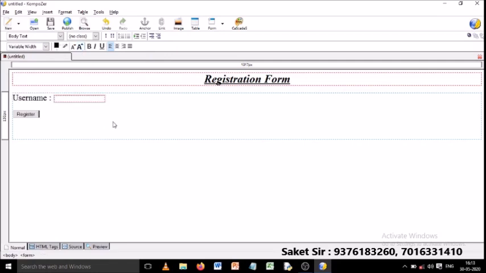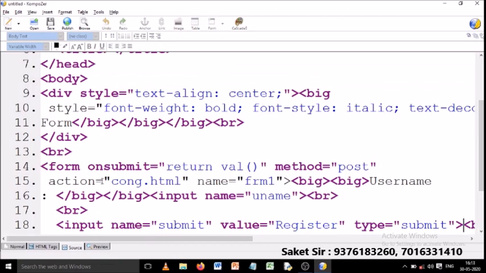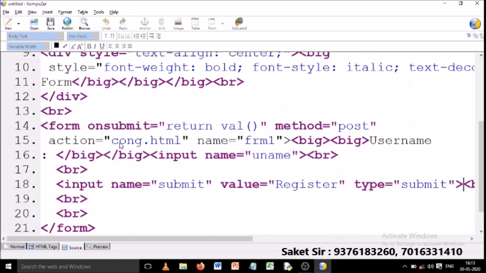OK. We have skipped some other steps of some other elements of form friends, right? Because just now we just want to validate the username box. Okay. If this box is empty, the JavaScript should raise an error. Okay. Now for inserting the JavaScript, click on source section. Right? The entire HTML source will be visible here.